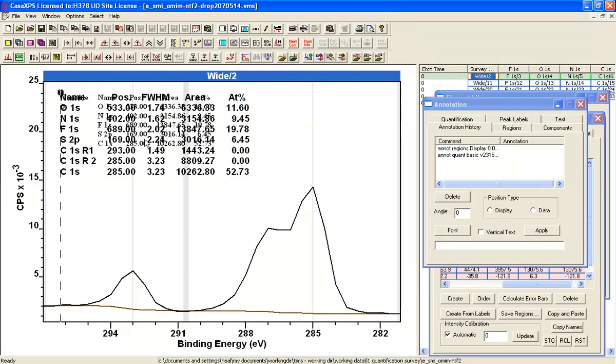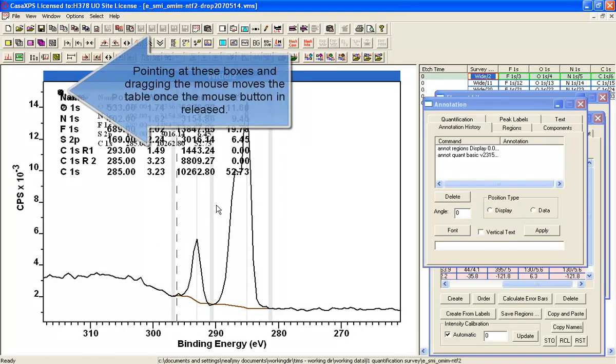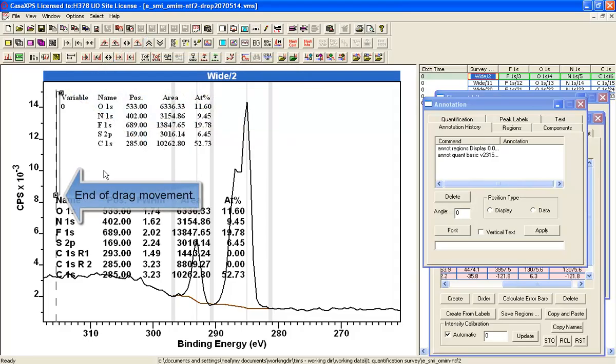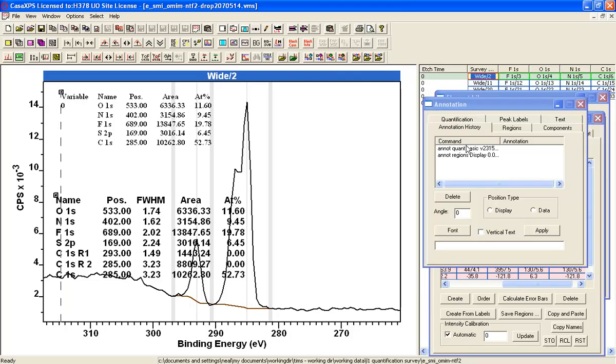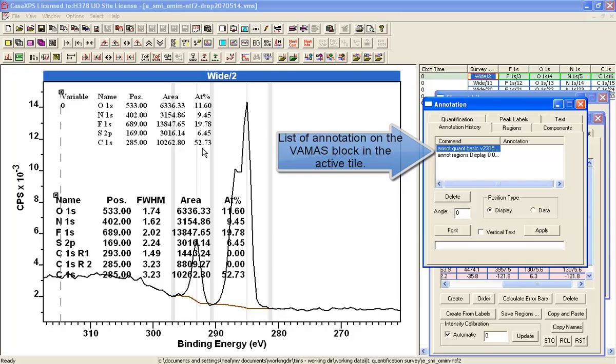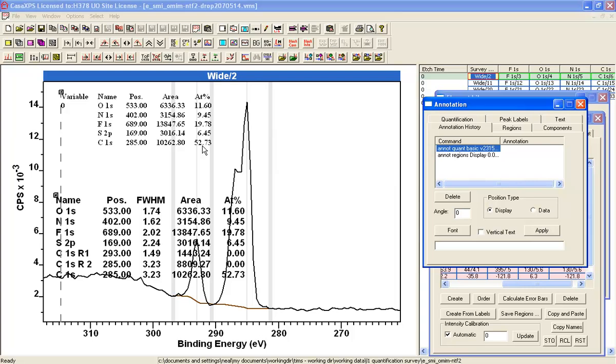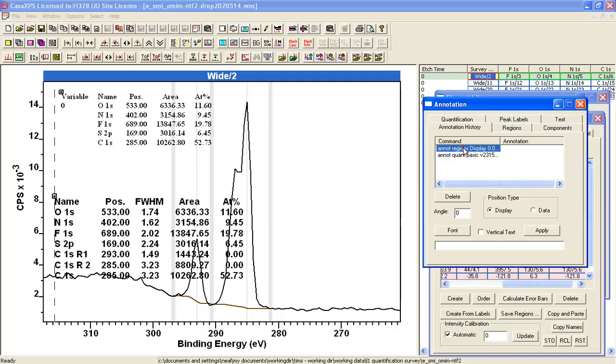And you can see I've got two sets of annotation, and what I need to do is just scroll out a bit because my region was overlapping that. If I now point at the annotation marker and move it, you can see that I've got two tables. One is the original one, and because I clicked on it, it's come to the top of the table here, and if I click on that one, it'll come to the top, and that's the one that I've just created. And this one now shows you just the carbon that is deriving from the region that had a non-zero RSF. So what I'll do now is just delete this table here,